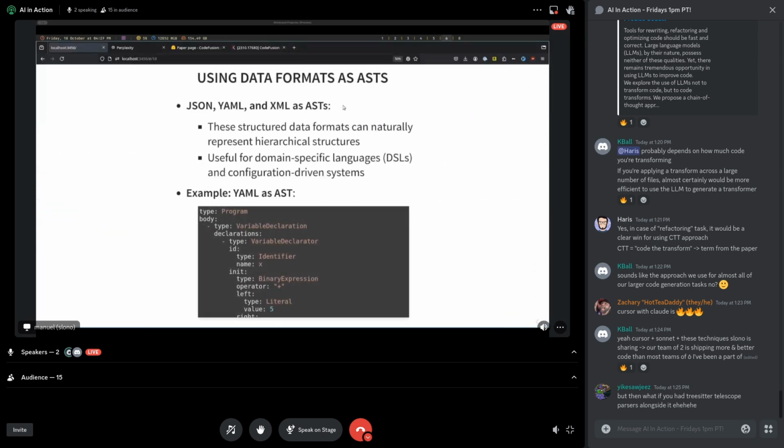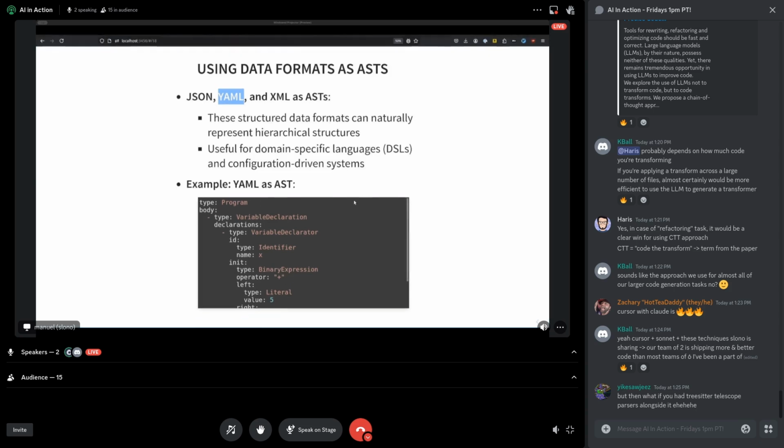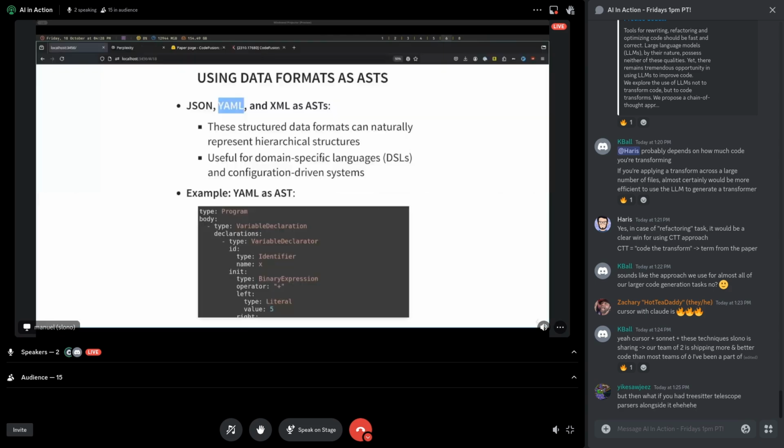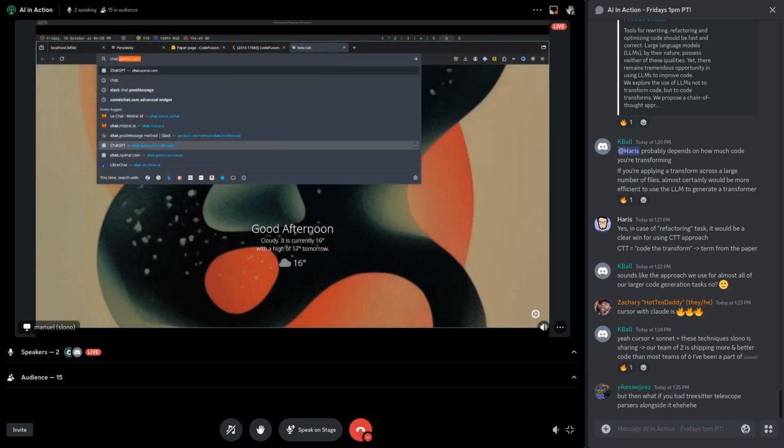So you can also do this transformation on ASTs, on any kind of AST. That means that you don't need to only do it on programming languages, right? You can do it on your JSON, your YAML, your XML, your CSV, on any data structure that you have as well. Use it to say, have some data declaration in JSON and then generate, say, a REST API for it, right? So these are things that you can actually try out very, very easily,